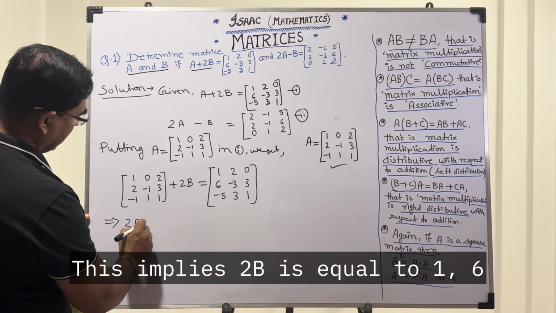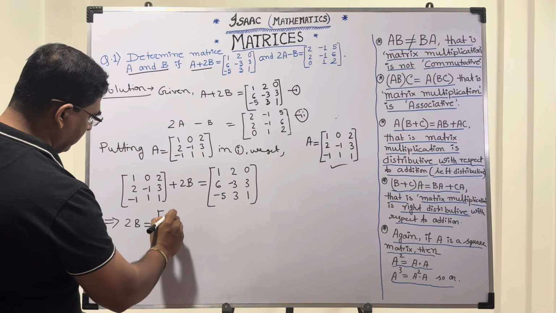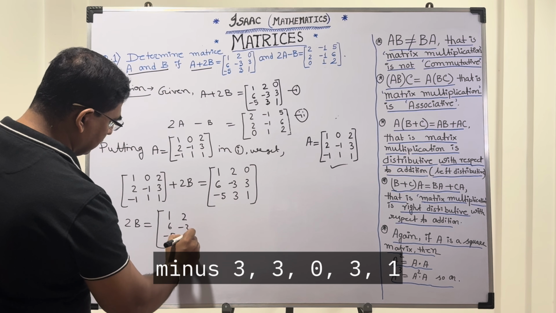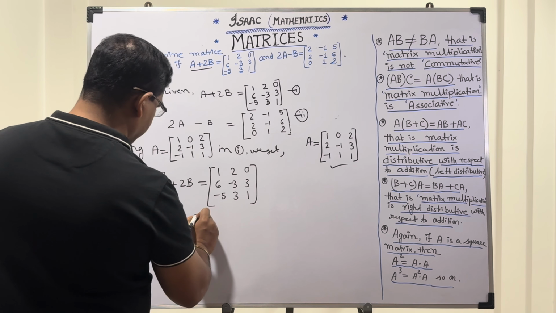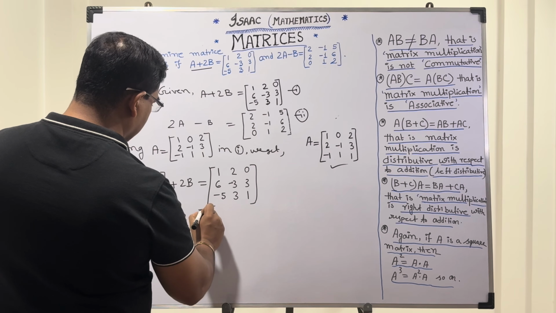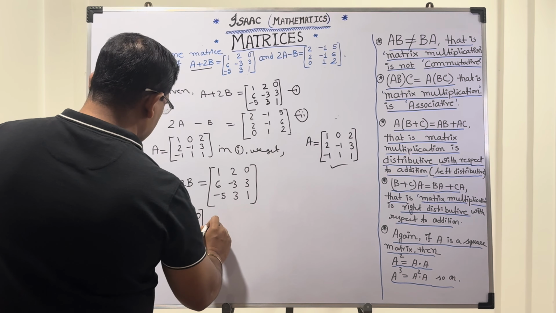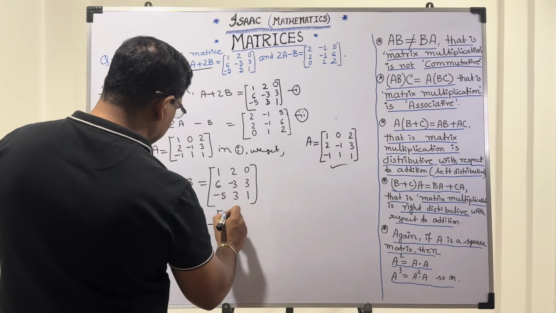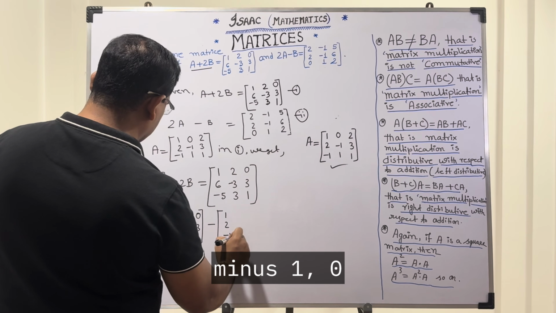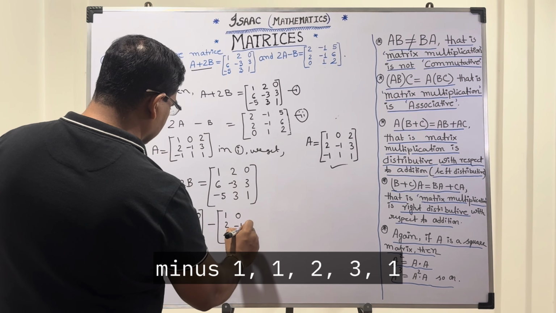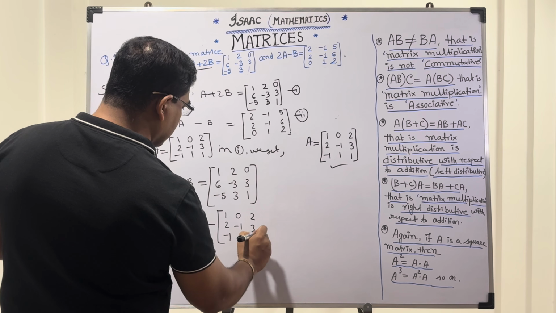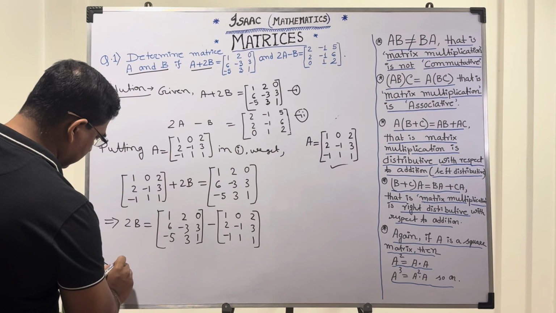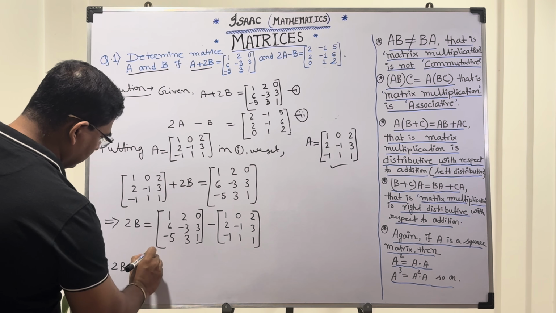This implies 2B is equal to 1, 6, minus 5, 2, minus 3, 3, 0, 3, 1 minus this, equal to 1, 2, minus 1, 0, minus 1, 1, 2, 3, 1. This implies 2B is equal to